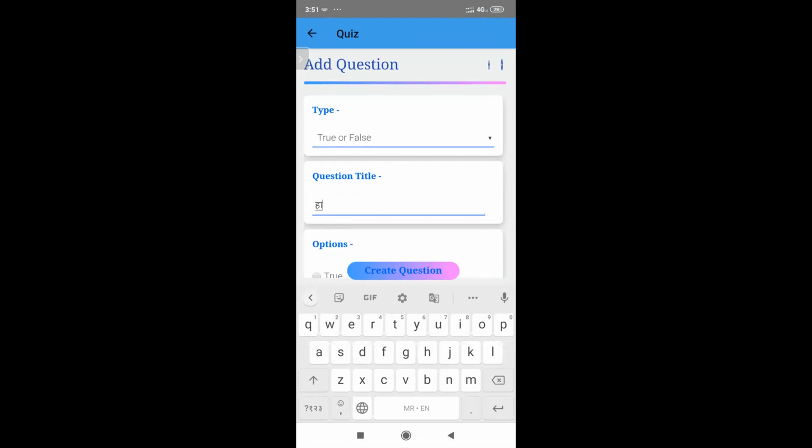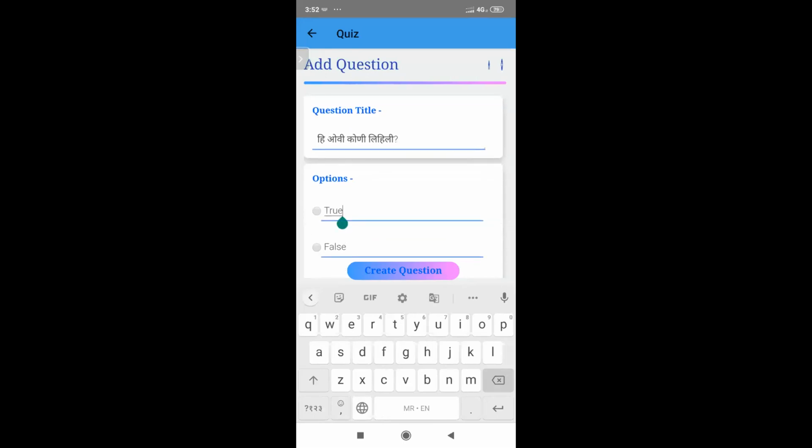Okay. So you can type directly using your Google Indic board for Hindi or Marathi. You can type a question in Hindi or Marathi.